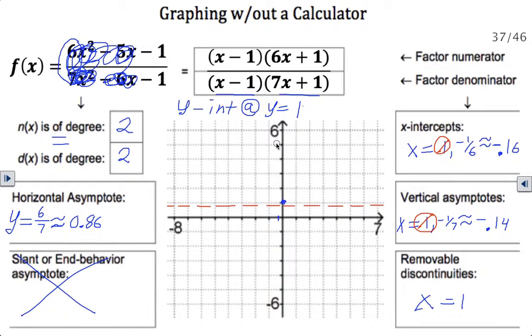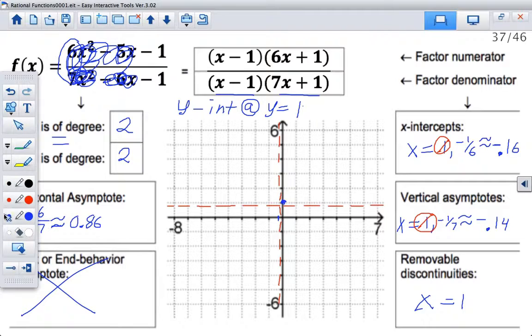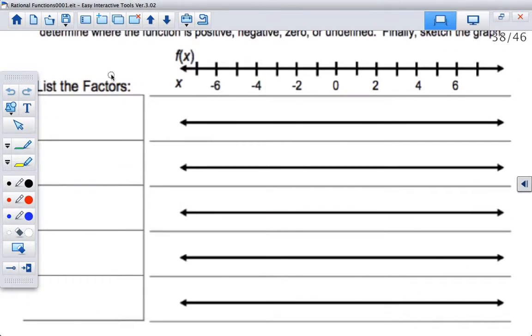And then our vertical asymptote is at negative 0.14. So it's really, really tight right here. We've got a lot of stuff going on really close to the x-axis. Okay. The cool thing is, for those of you that absolutely hate using this bottom part, for this type